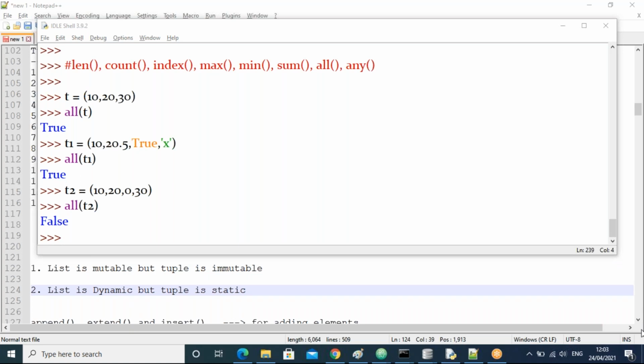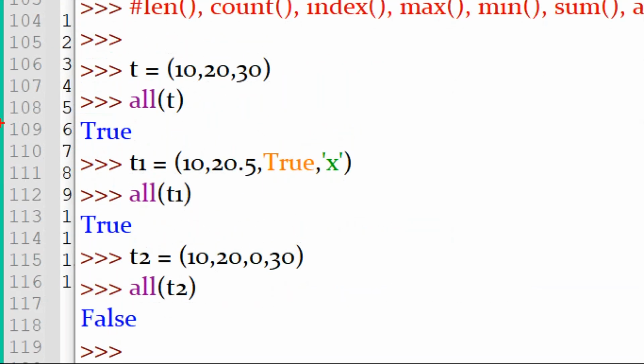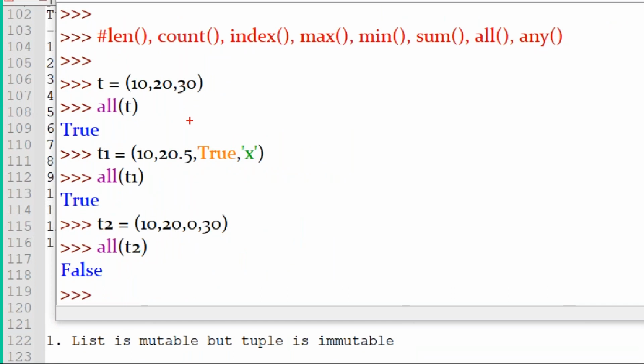Yes guys, now everyone is giving the correct answer. See, all function means, observe now. All is true when all are non-zero elements, guys.